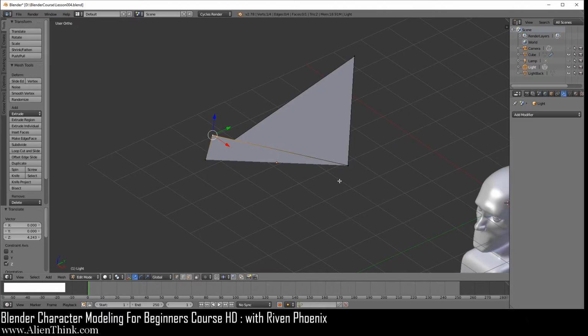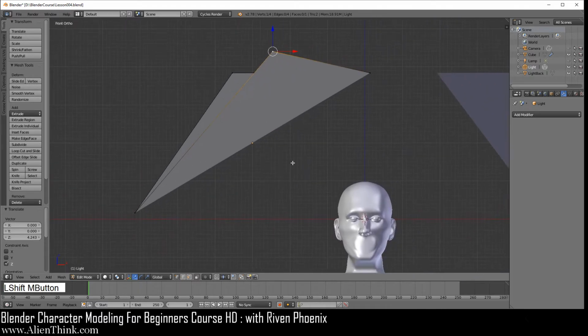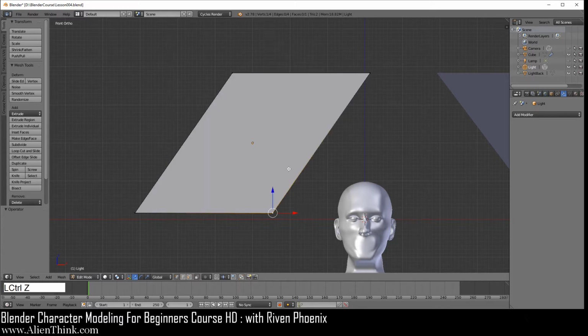So what this tells you in 3D modeling is that the most basic 3-dimensional shape, a solid shape that you can create where you can visually see in Blender or in any 3D modeling package, is always going to be a triangle. Okay, so I'm going to Control Z this to bring it back.